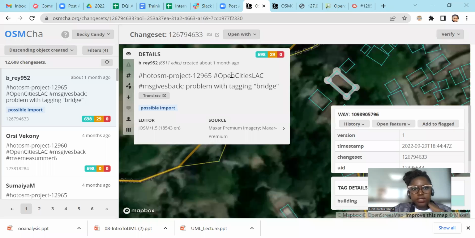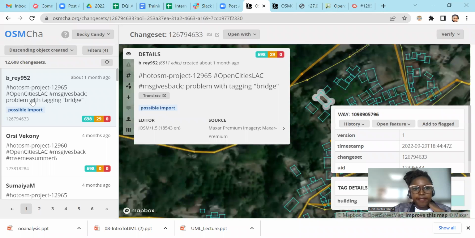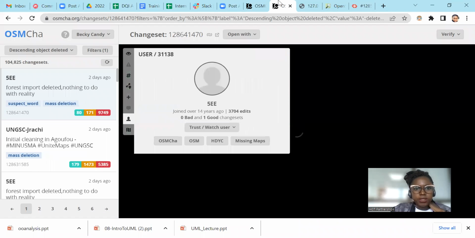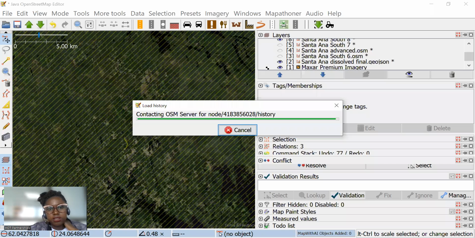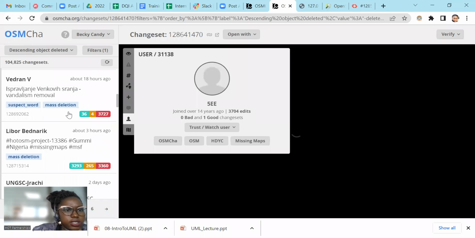Again, you can check in OSMCha. I've opened so many tabs. Okay, it's still loading. I think it's a lot of data. But anyway, let us see. Meanwhile, we can look at another error, which is